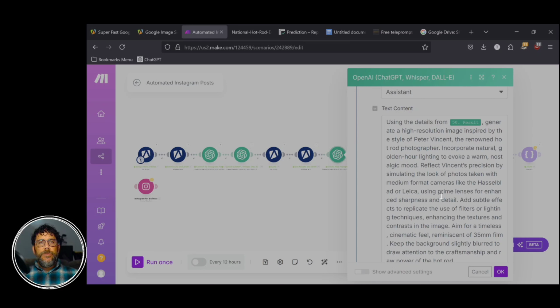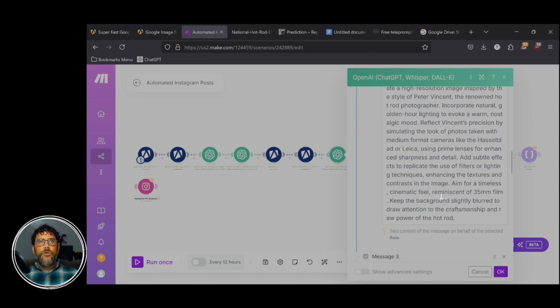Reflect Vincent's precision by simulating the look of photos taken with medium format cameras like the Hasselblad or Leica lens. Use prime lenses for enhancing sharpness and detail. Add subtle effects to replicate the use of filters or lighting techniques, enhancing the textures and contrast in the image. And aim for a timeless cinematic feel